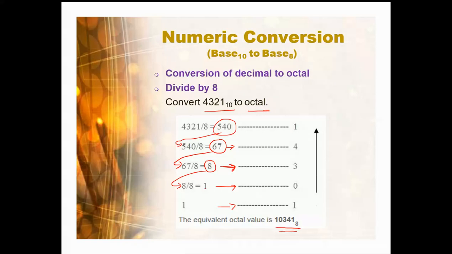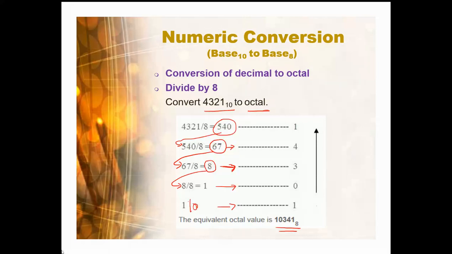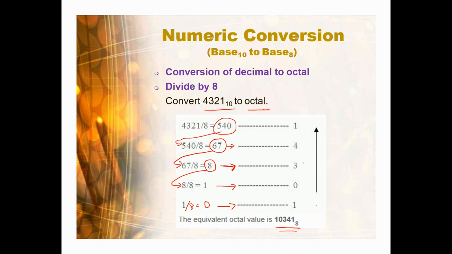Okay, and then this 1 kita divide by 8, okay, divide by 8, sorry. Kita padam sekejap. Okay, 1 kita divide by 8 equals to 0 and then remainder dia adalah 1. Okay, so 1. So, bila kita dah habis bagi stop sampai sini, apabila dia punya ni dah kosong, okay, alright,